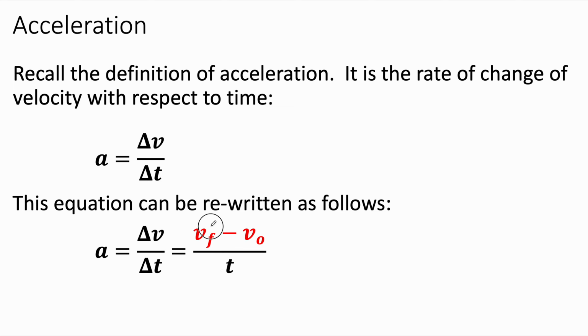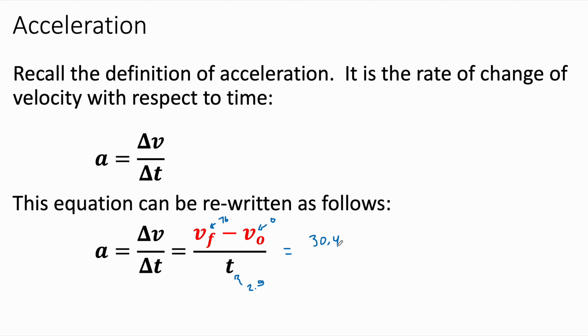It would be the final velocity, which in our plane was 76. The original velocity was 0, and our time was 2.5 seconds. And I've got to grab out a calculator real quick to solve this one. What's 76 divided by 2.5? Okay, its acceleration actually gives you something like 30.4. And you might say, well, what are the units for this? Well, the units are